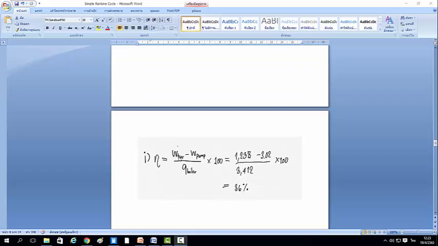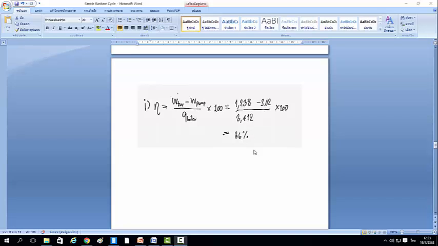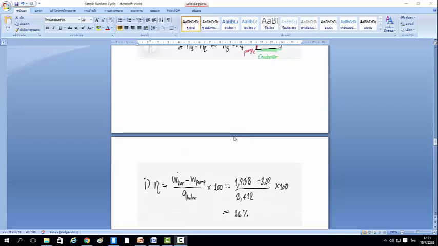Net work is work turbine minus work pump, which is the output exactly, and multiply by 100 to make it a percentage. You just substitute from the data above, so we can get